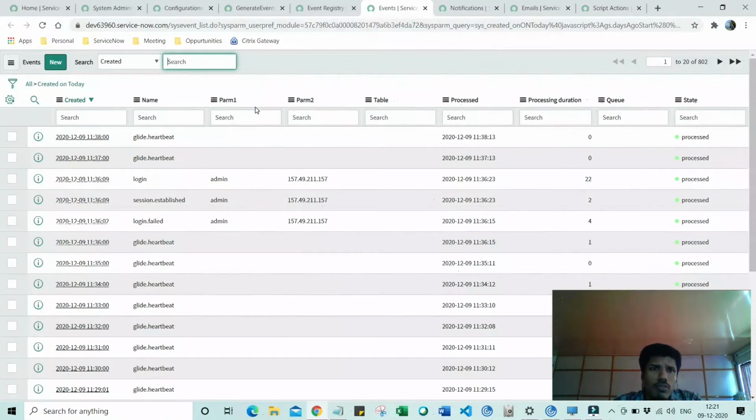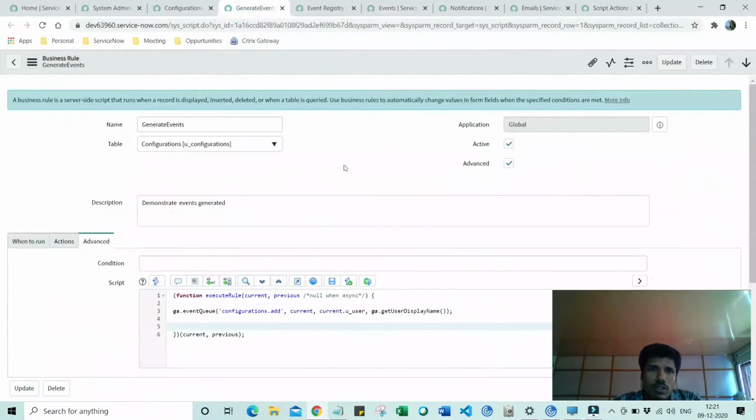So the event logs is a place where the output of the event is stored. Now, where is the event getting invoked? It is on the business rule via the method event queue. So through this method, I am trying to output these two values. Okay, and I told you that there is a space where the output gets stored.